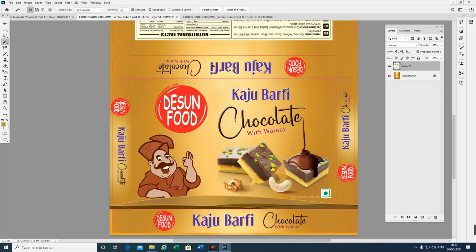go to the die line part and select the magic wand tool. Now you go to the background layer and press Ctrl J. Okay, similarly you go to the die line part, select with the magic wand tool, go to the background and Ctrl J. Okay. Again you go to the